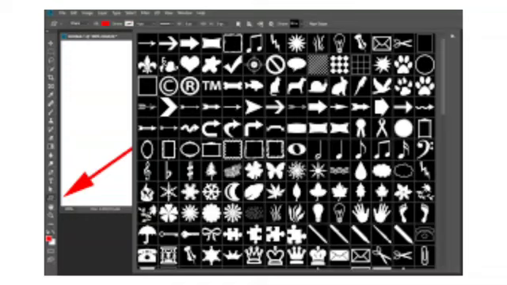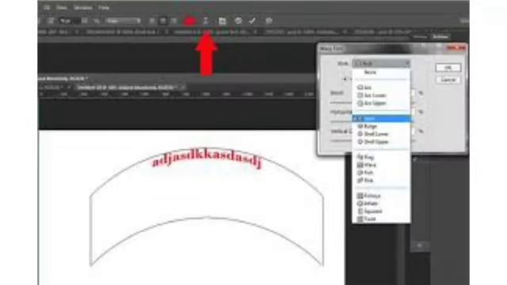Here we have animals, objects, symbols, etc. Any one of these is selected, then change options on the options bar. Automatically we can drag the shape on the image to the size we want. So this is the usage of shape tool.